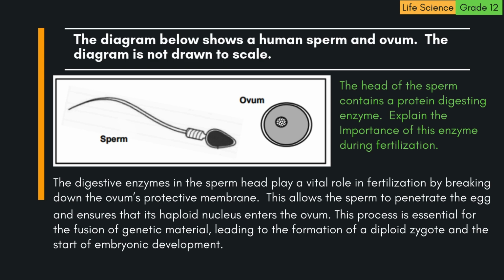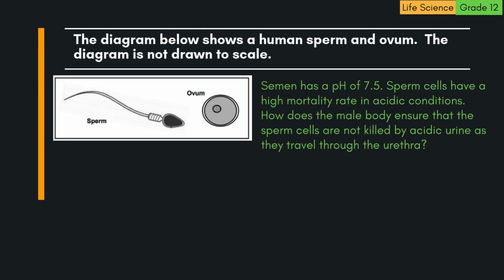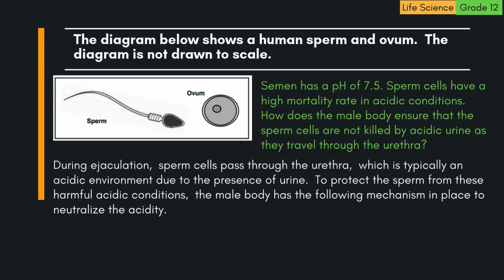Question: Semen has a pH of 7.5. Sperm cells have a high mortality rate in acidic conditions. How does the male body ensure that the sperm cells are not killed by acidic urine as they travel through the urethra? During ejaculation, sperm cells pass through the urethra, which is typically an acidic environment due to the presence of urine. To protect the sperm from these harmful acidic conditions, the male body has the following mechanism in place